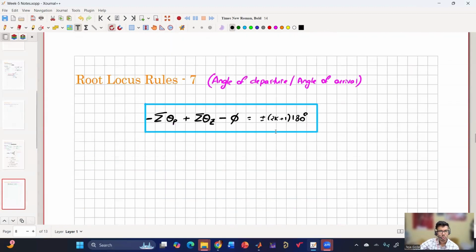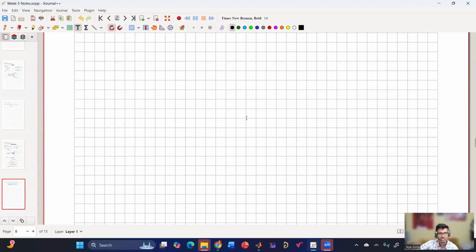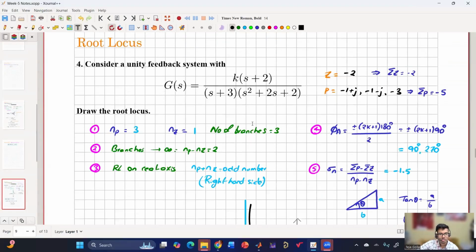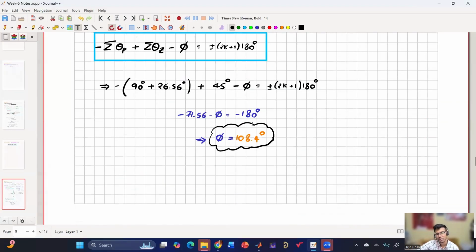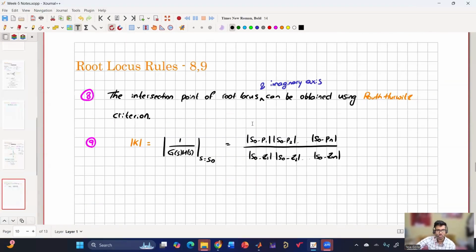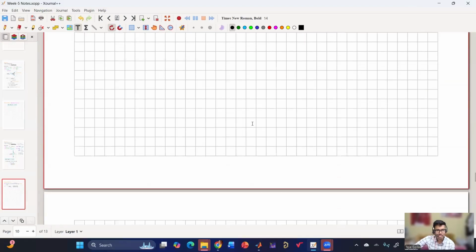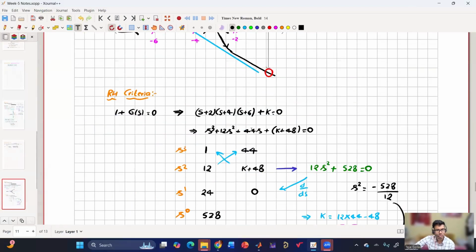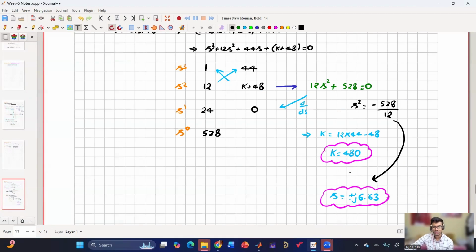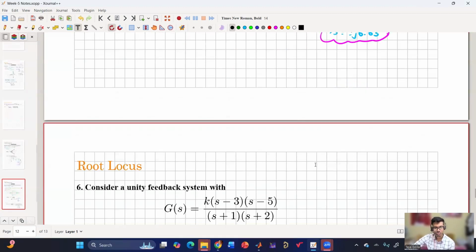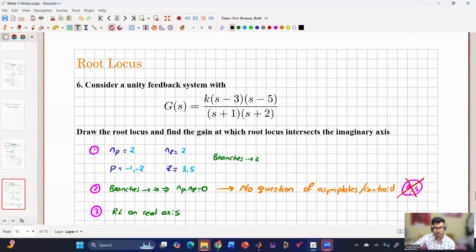And then we have discussed rule number 7, which is angle of departure or angle of arrival. In this case, this is the equation using which we have solved one problem, and we have understood the angle of departure slash angle of arrival. And rules 8 and 9 are about intersection with the imaginary axis, and it can be obtained by using the Routh-Hurwitz criterion and considering the first element to be 0. Here also we have solved one problem and saw at what gain it is hitting, and then we have also done it in MATLAB, and we have solved 2 more problems just to understand the overall picture of